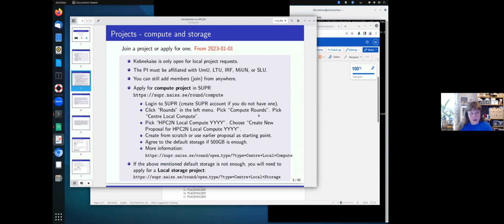Because that is what matters. It is where the PI is located. Where that person chooses to add users from doesn't matter. They can be in China or whatever. That is not a problem. It is only the PI that needs to be affiliated with these universities. So if you are the PI, you need to be